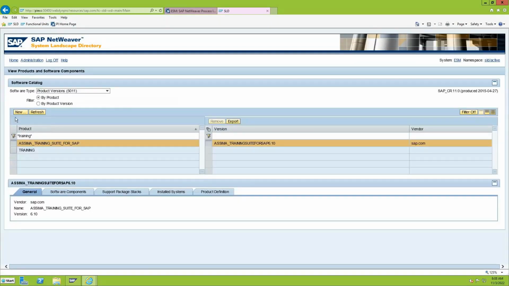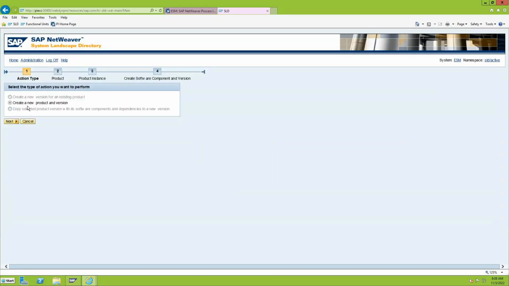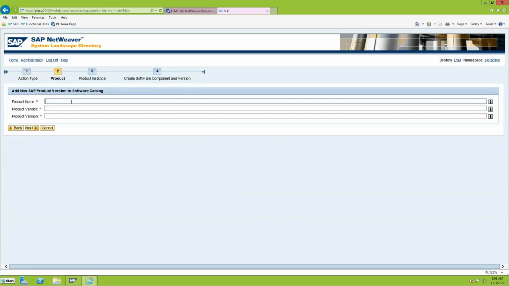Okay, fine. So when I click on New, I'll get an option to create a new product. It will allow me to create a new product and a version. So then I'll click on next. I'll select this option and click on next. It will ask me for the details. So what are the details that we're going to provide here? Let's provide the details as